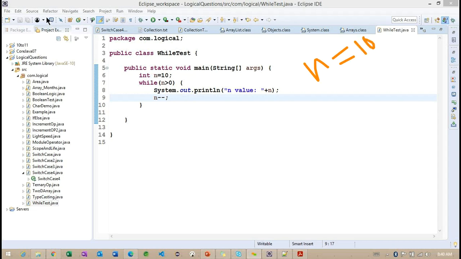10. Now at line number 7, what we are doing is checking one condition, which is inside the loop. So 10 greater than 0. What happens here? Every time you need to prepare like this whenever I ask any question: what is the value, what is the condition, and how exactly is this condition working. So will this condition return true or false?